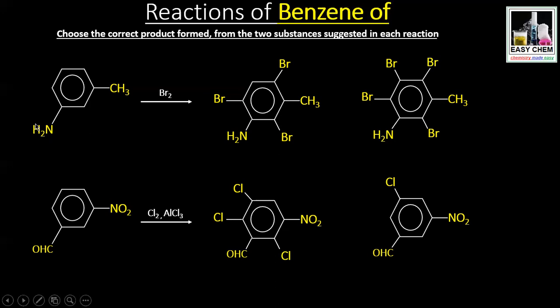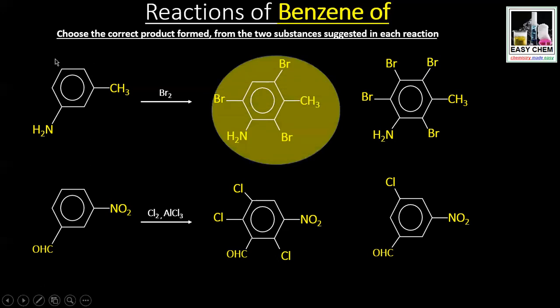compared to the position of NH2. The carbon atom on the left-hand side will react. And the opposite side, nothing will happen to this carbon atom. So the answer is going to be the first one. You try to compare the relative position of carbon atoms, which are going to be activated, and further reactions are